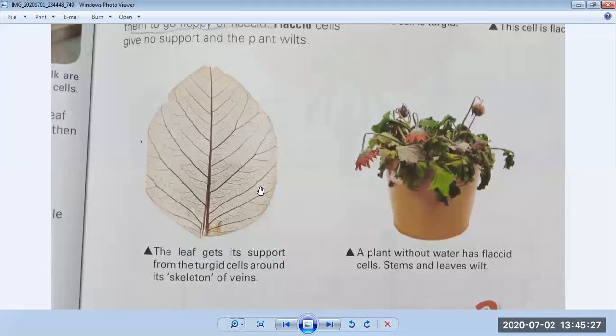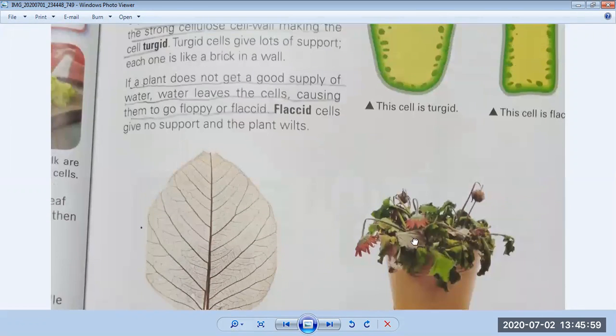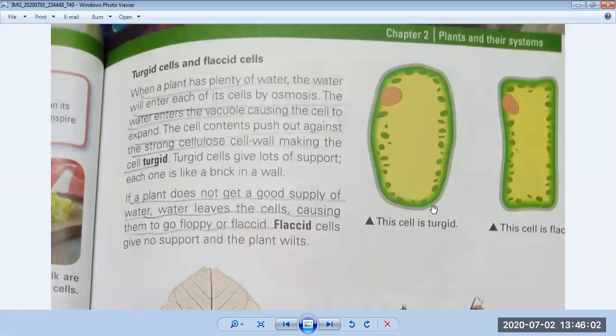Turgid cells have strength, they have stability, and they are showing a life reaction. But here you can see the plant has flaccid cells, so leaves are not growing properly, and they look as if they are dying out. There is no strength and there is no energy in these leaves. So these are the terms used: flaccid and turgidity. I hope you understand the structure of the turgid cell and the flaccid cell.